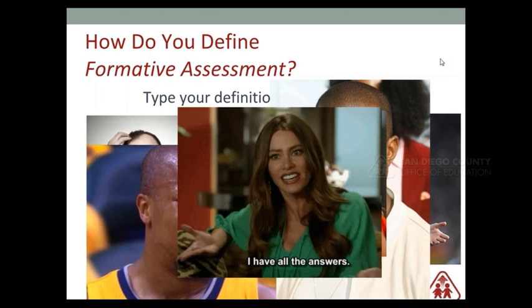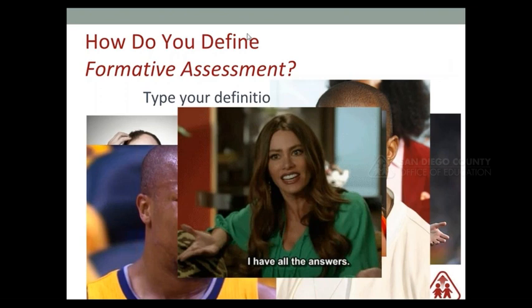It's used to inform instruction and take action, deliberately used by teachers and students during instruction to provide actionable feedback to improve instruction and learning, data gathered by teachers during instruction to inform next instruction steps for individual students. Students are part of this process. Great. So it looks like we're all sort of on the same page here.